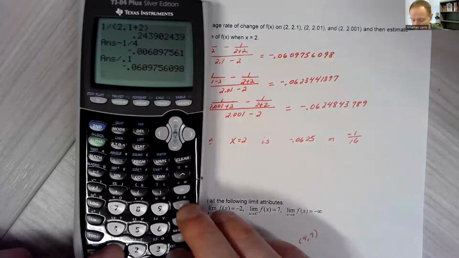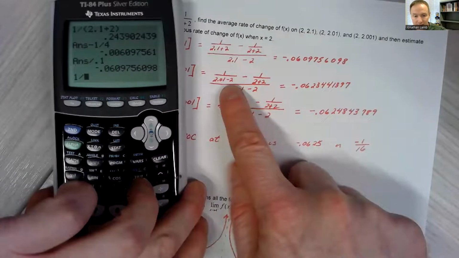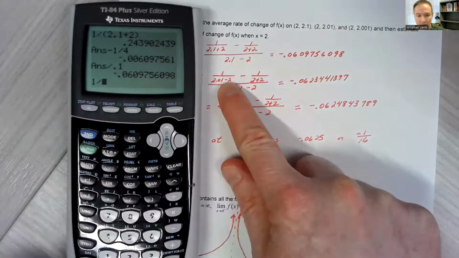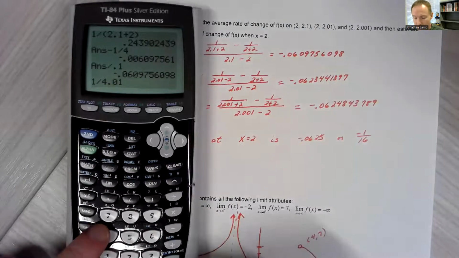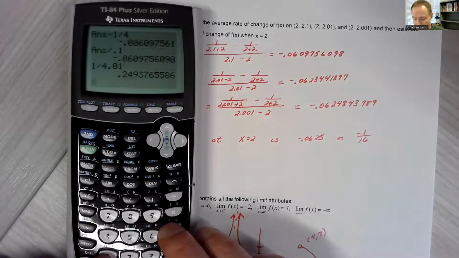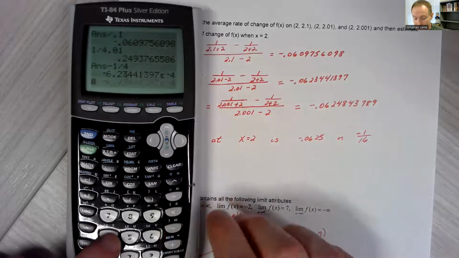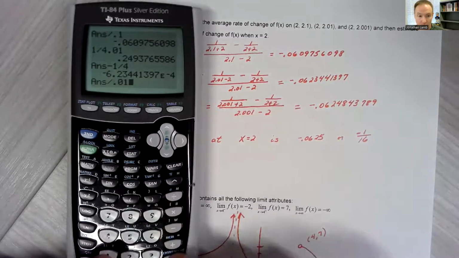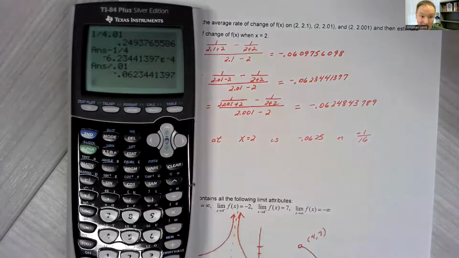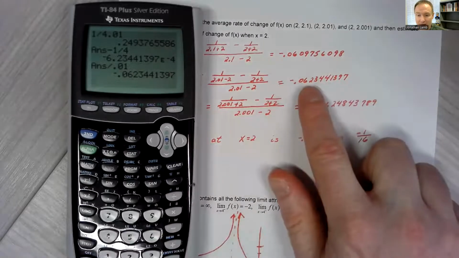I would get 1 divided by, instead of 4.1, 1 divided by 4.01. And I'm getting that decimal minus 1/4 for my numerator. That is divided by a denominator of 0.01. When I do that, I get this value of negative